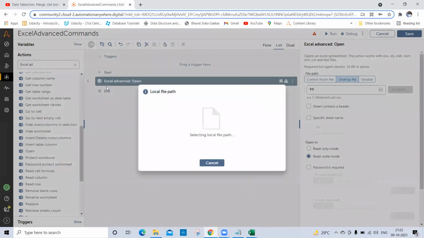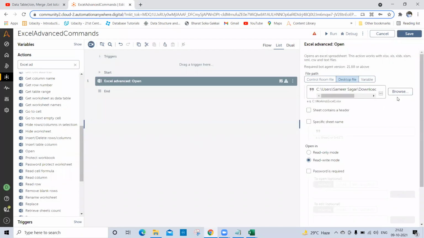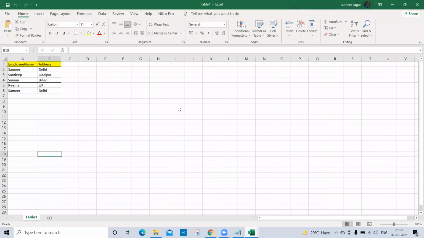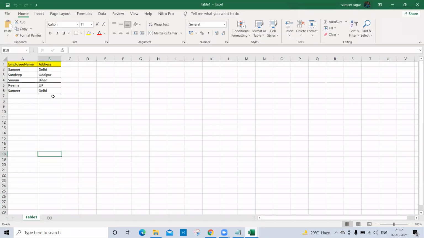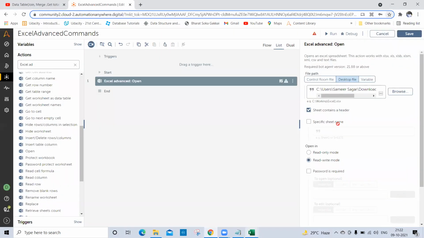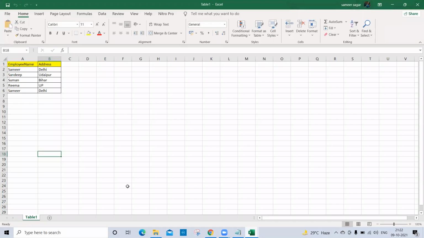Table 1. As you know, this file contains headers, so in that case I'll select this option. Also, if I want to get all the data from this Excel file, I can add the sheet name, the tab name, in this command.